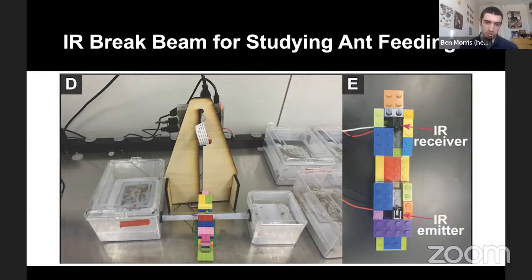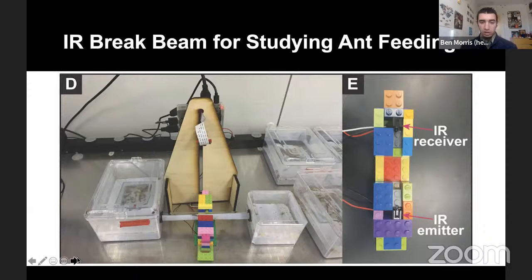And the way this worked was when we fed the ants, they'd walk over to the foraging arena and trigger the brake beam. So we'd see them walking there without food, and then they'd sting crickets and carry them back to the main colony, carrying the crickets. So again, we weren't generating quantitative data in this case, more trying to demonstrate uses,